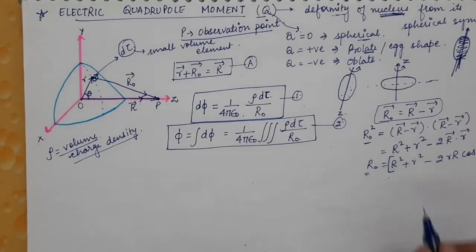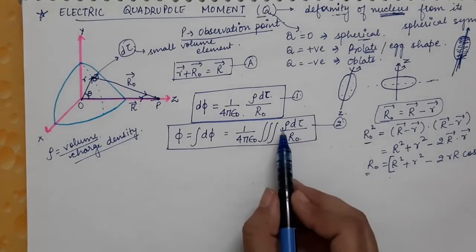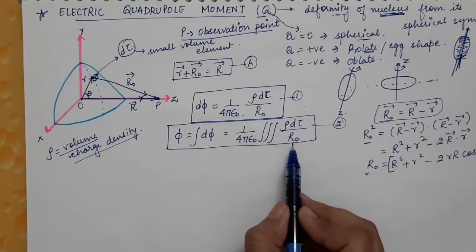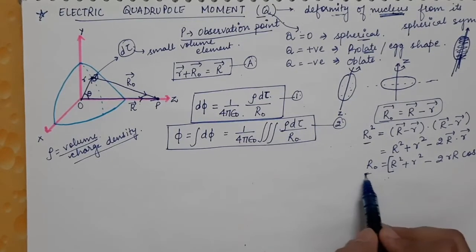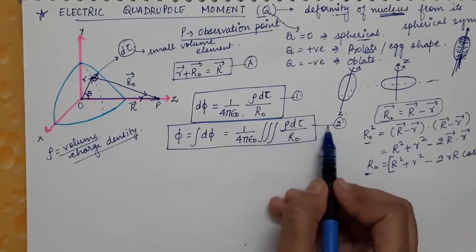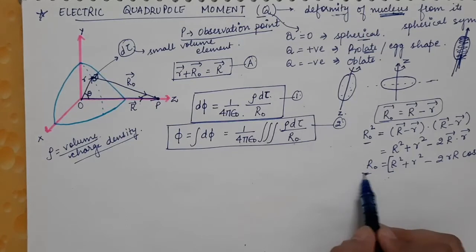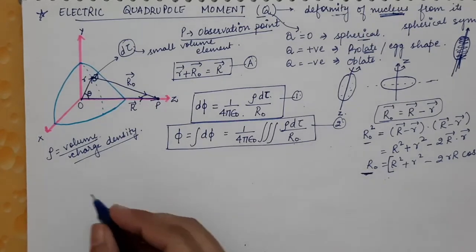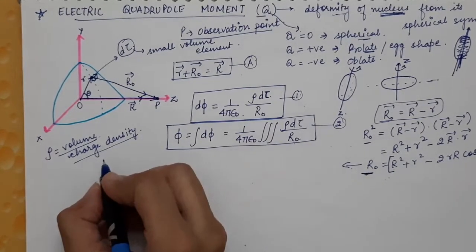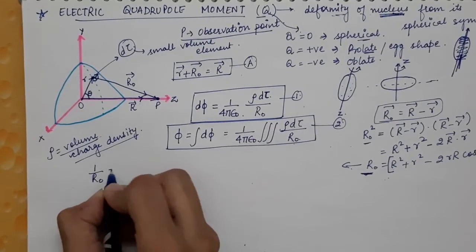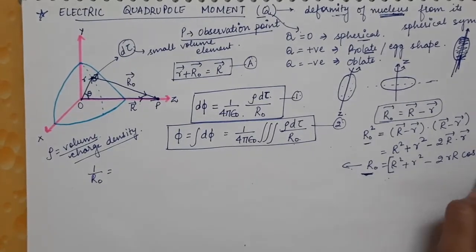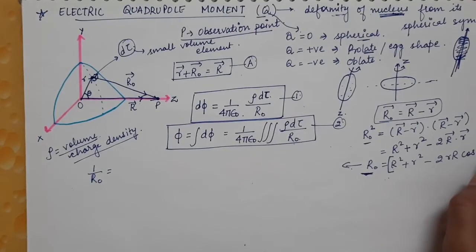So this will be the value of r naught. Now what we need is the value of 1 by r naught. Here we have simply the expression for r naught, but in the second equation what we need is 1 divided by r naught. So we will simply invert this equation. So from this equation, 1 by r naught will be equal to 1 divided by the right hand side, and that will simplify to power minus 1